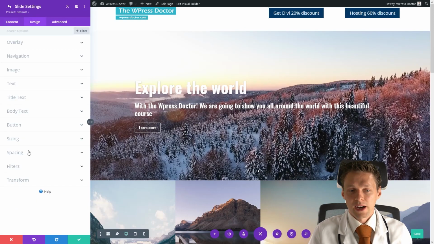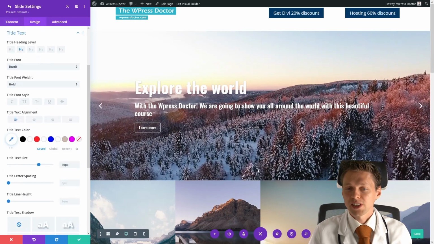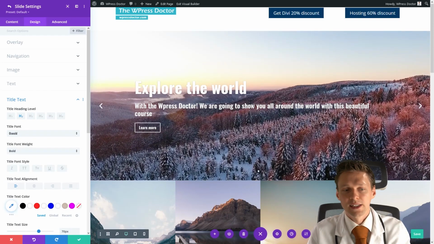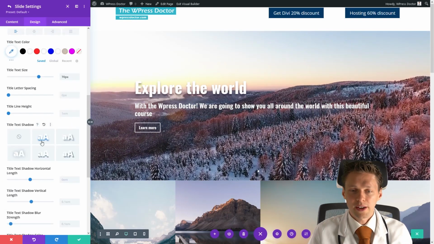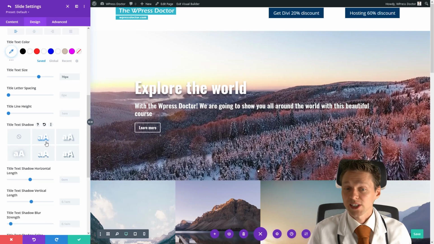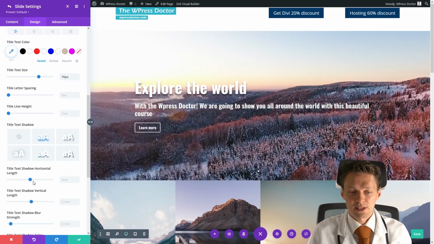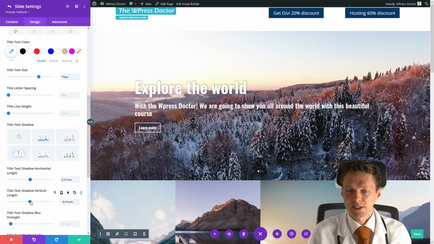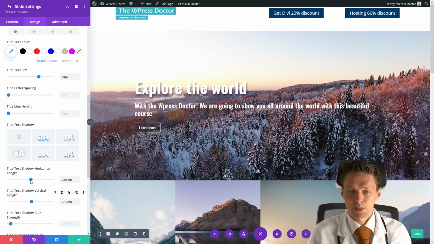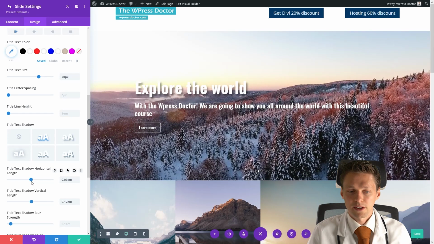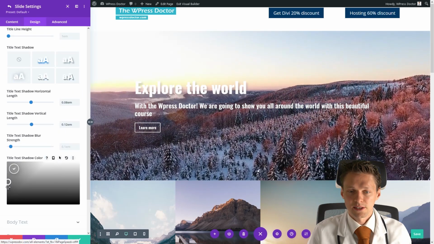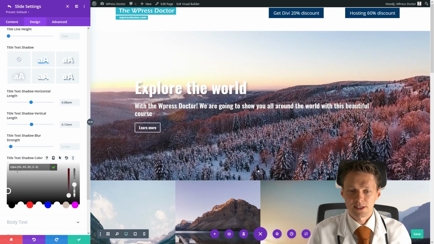This is great. I also want to add a little shadow to the title because you can't read the title when the background is white. So what we're gonna do just down there, press this button, title text shadow, and here you can just change the position of it. I like it a little bit there, and I want to make it a little bit more darker. So, all right, this is awesome.